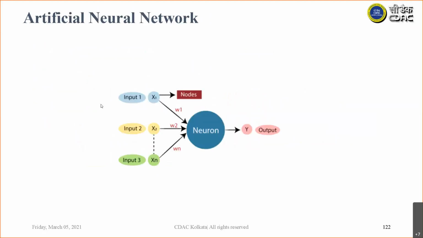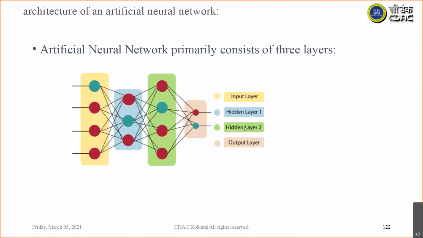This is the single most constituting unit of artificial neurons. The inputs are given, some weights are there, after that there are some mathematical functions, and it produces some outputs. This is a network type of thing which at last gives the classes. If it is a 2-class problem, there will be a benign and a malicious software class, so your artificial neural network can classify a particular file into one of these two.